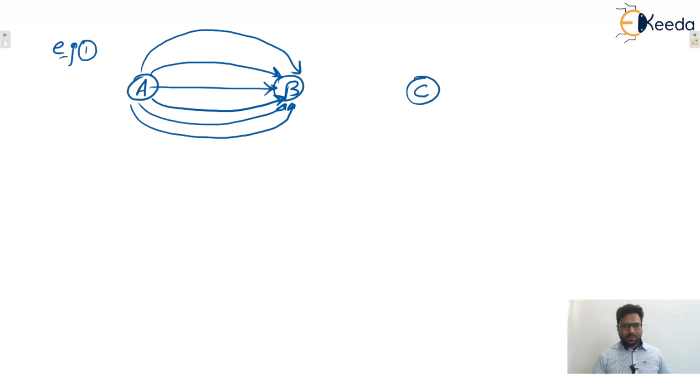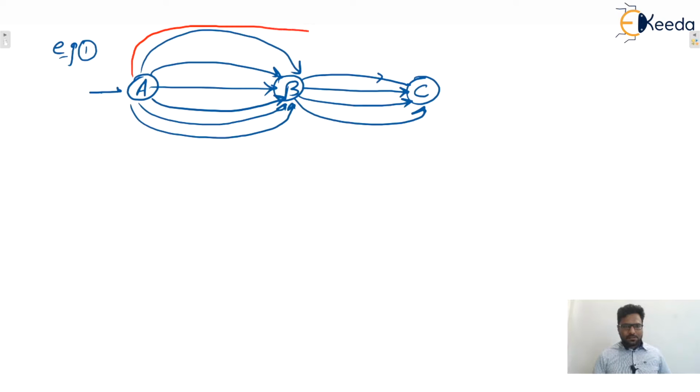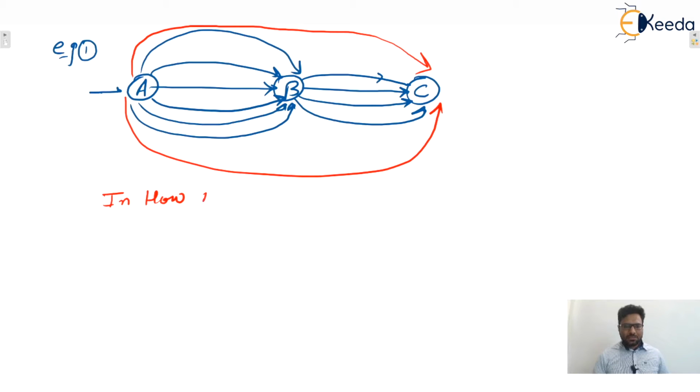Let us consider there are six paths to go from A to B, and four paths to go from B to C. It is also given that there are two paths to go directly from A to C. Yes or no? Now the question is: in how many ways